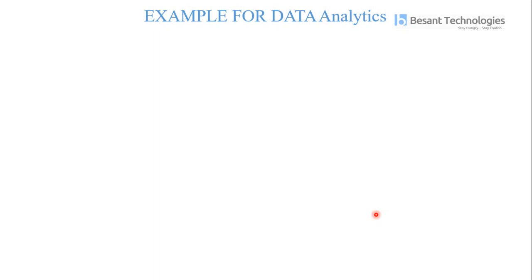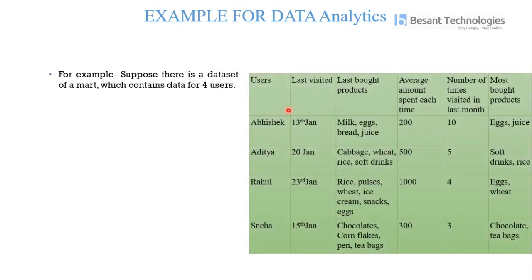So now we are going to discuss data analytics. What is data analytics? It is where I give you one data set, for example, supermarket data of users.